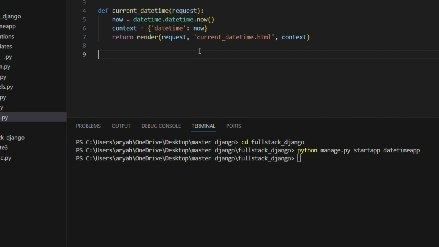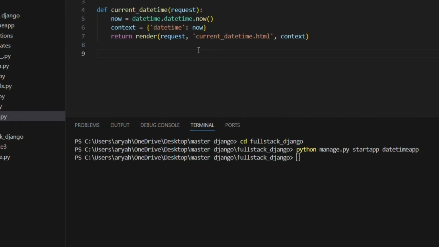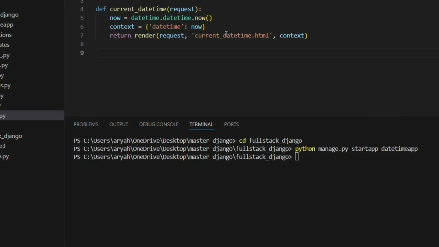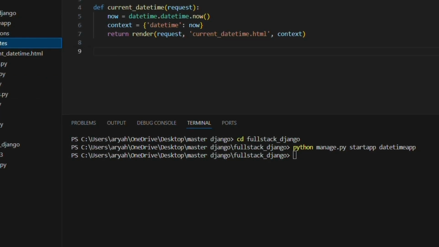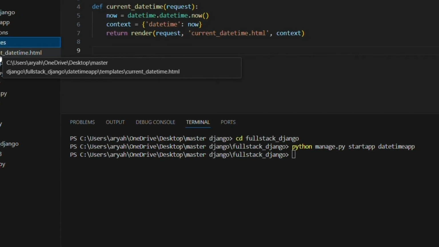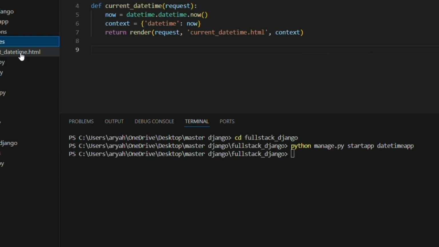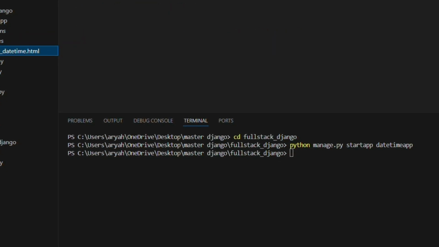I'm going to copy and save that file. Next, here is the current date and time I have created, and next I create the templates folder. In the templates folder, I created one file, current date time HTML. So in that file I'm